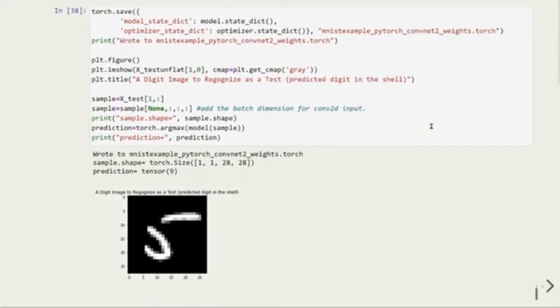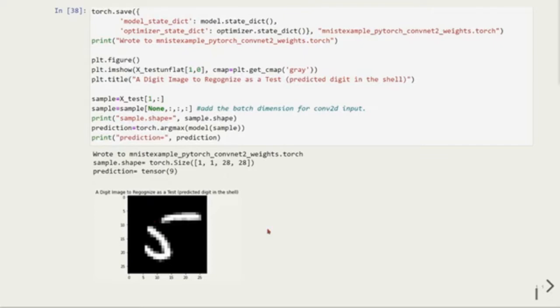Here we have this image that for me is a 5, but the prediction tells it's a 9, so it's a wrong prediction. But in this case it's not really clear it's a 5, so there is a margin for